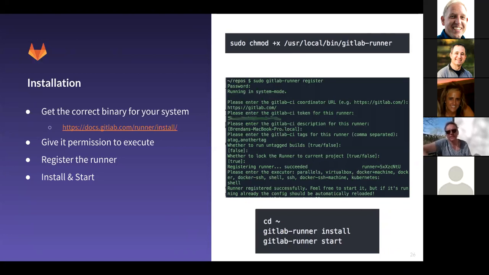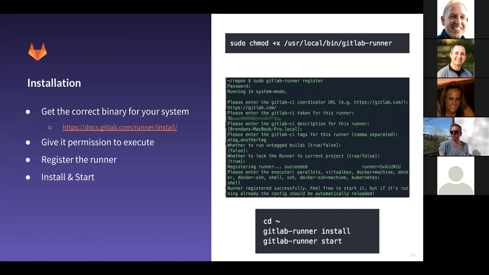And then you run gitlab-runner register, and you can see I've got that process here, basically the details I need. So I need the coordinator URL, which is my GitLab instance. In this case, I registered a runner to gitlab.com, but that could be my company's instance. I give a description to the runner that is basically the name that displays in GitLab. I can add a comma-separated list of tags for this runner. I can decide, again, that checkbox of does this runner run untagged builds or not? And then I can also say, am I going to lock this runner to this project or allow it to be set up as a runner for other projects?